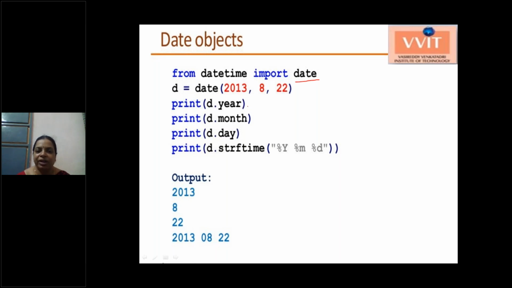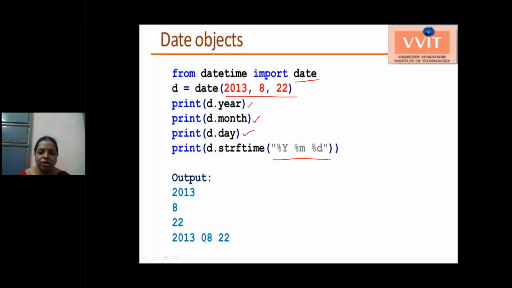For retrieving the year, we are using d.year. For retrieving the month, we are using d.month. For retrieving the day, d.day. And strftime is a method which is used to show the date in the form of a string. So with this year, month, and day, we are showing the date of the date object.